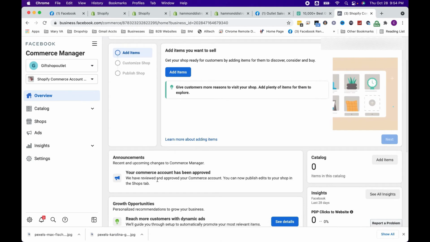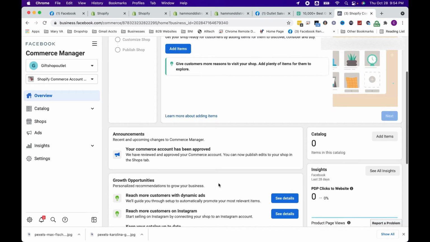Your Commerce account has been approved. We have reviewed and approved your Commerce account. You can now publish edits to Shopify. Okay. Sometimes we have seen shops taking more time to get set up, and there is not a rhyme or reason to that,